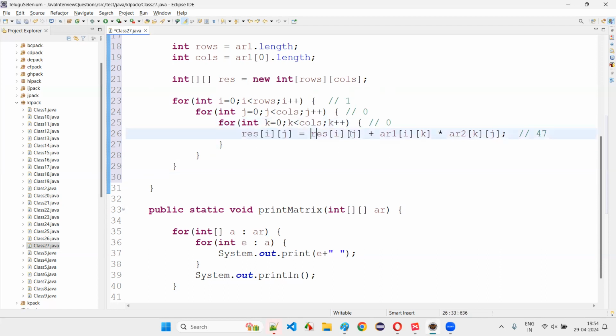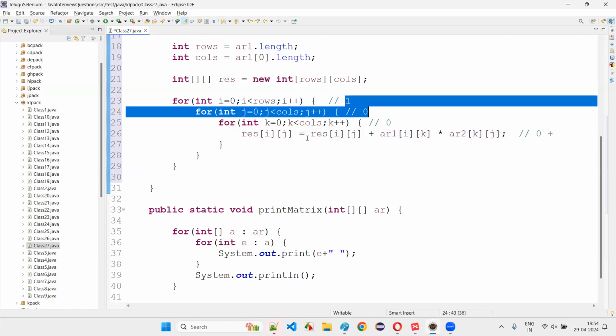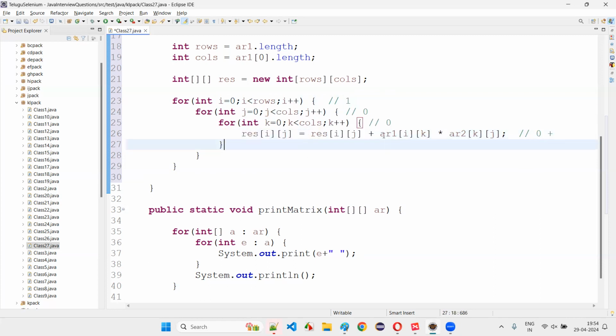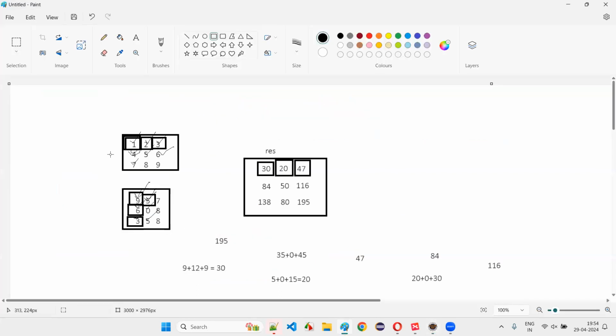So result of Ij, which is 1, 0, is initially 0. 0 plus, in the first array, Ik. What is Ik? I is 1, K is 0. 1, 0 is the fourth element. This 4 will be multiplied by